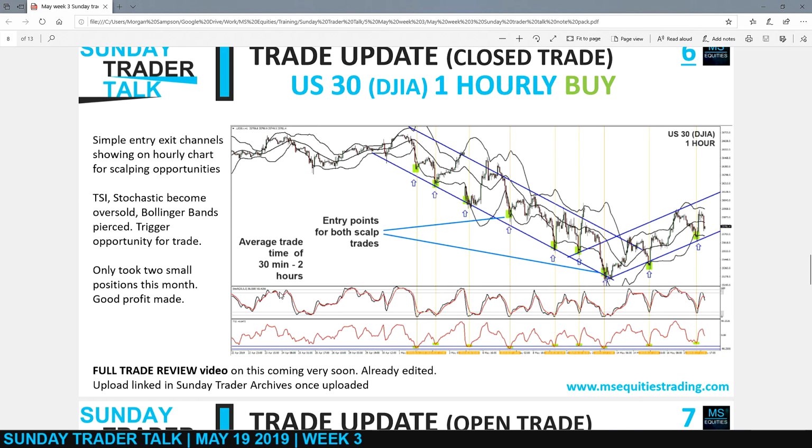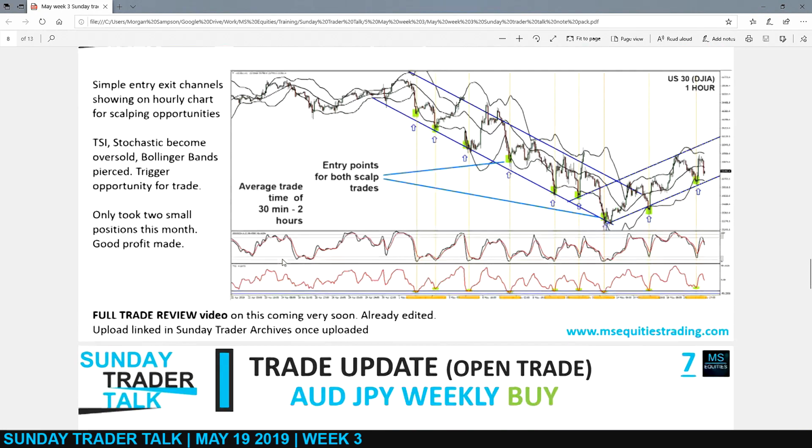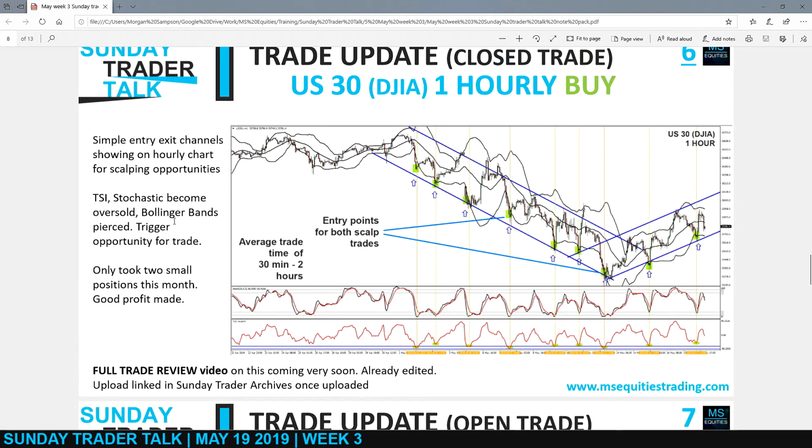So the average trade time of these trades was about 30 minutes to 2 hours, and I only took 2 of them. I took a few trades per event, but you can see here that I've shown you that. So how was I having a look at this